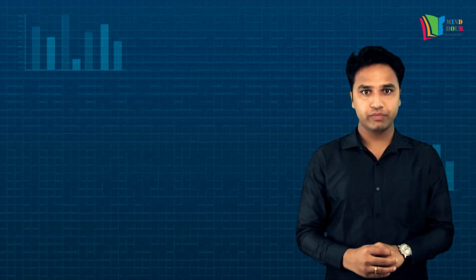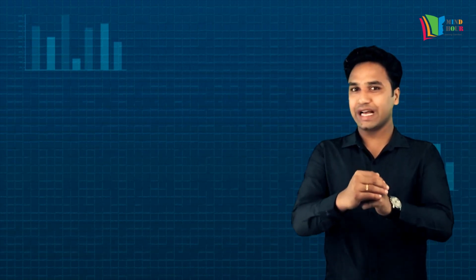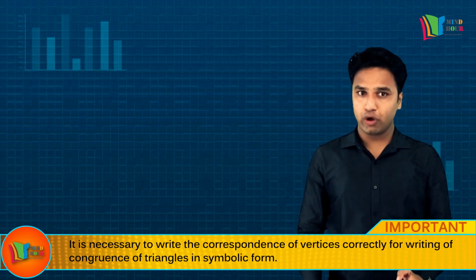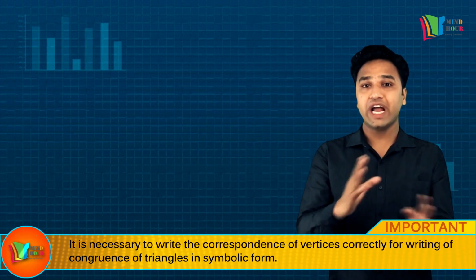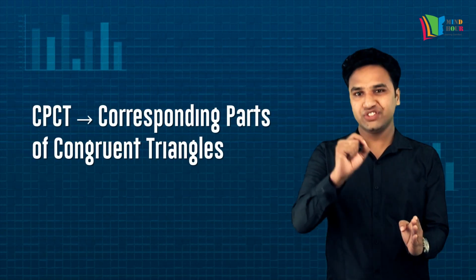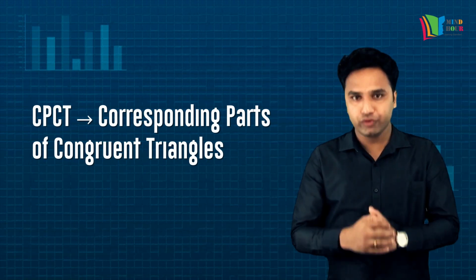Note that under this correspondence, triangle PQR is congruent to triangle ABC. But it will not be correct to write triangle NPM is congruent to triangle ABC. This is because the corresponding angles and sides will not be equal. So, it is necessary to write the correspondence of vertices correctly for writing the congruence of triangles in symbolic form. Note that in congruent triangles, corresponding parts are equal and we write in short CPCT for corresponding parts of congruent